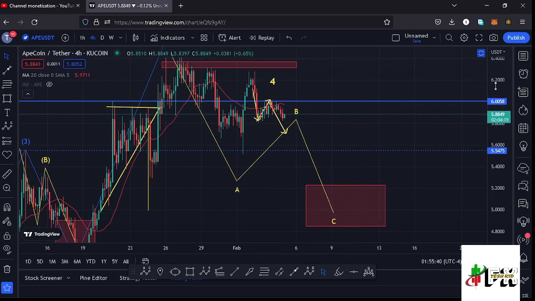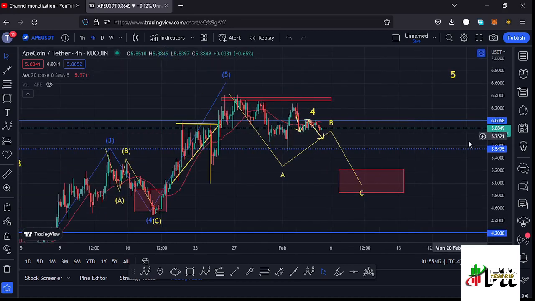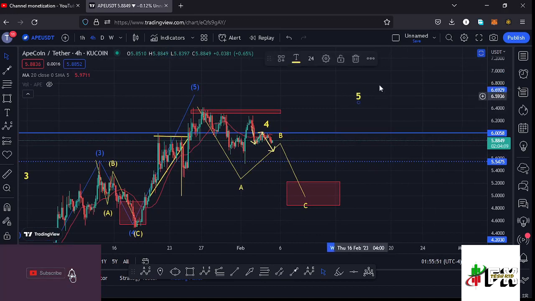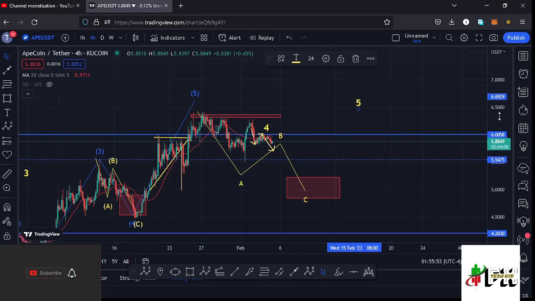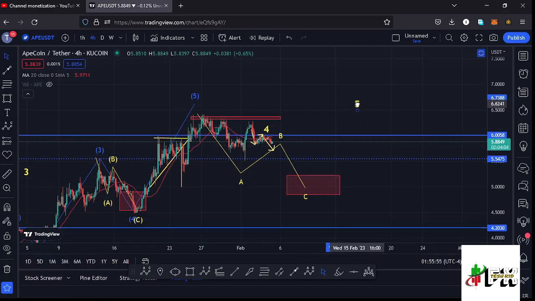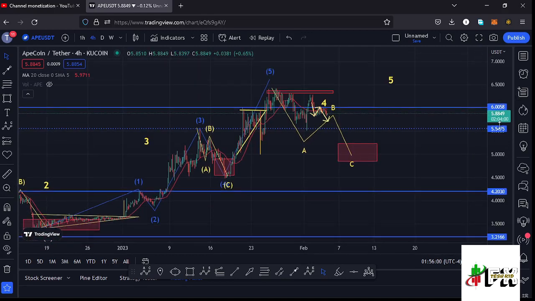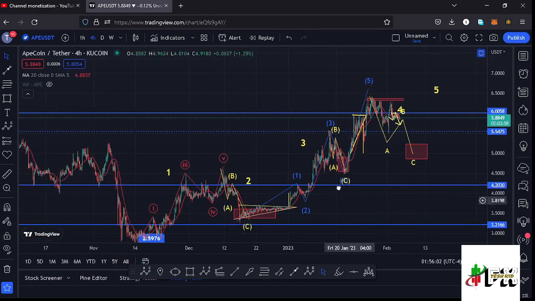And once that happens, then we can be able to get back into Apecoin so that we can ride this bounce to the upside in the formation of this wave 5. So I'm still expecting the formation of this wave 5 to the upside, and if I sketch out a minimum target area to the upside in the formation of this wave 5, before even this wave 4 over here plays out, we can sketch out a target area to the upside in the formation of that wave 5